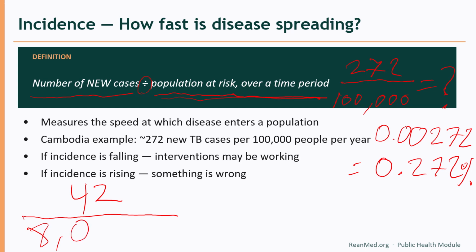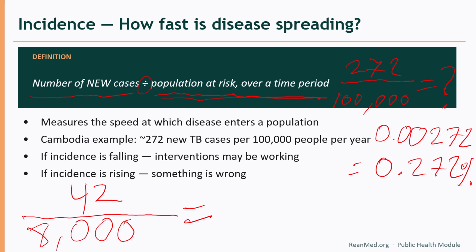8,000 people. So, what was the incidence of tuberculosis, of new active cases of tuberculosis in this village? And how does it compare to the rest of the country? Well, we just do some simple math. We take 42 divided by 8,000,